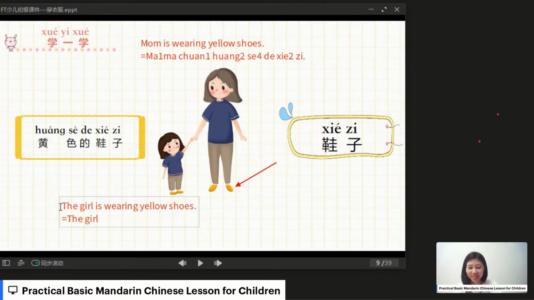Okay, keep making mistakes, sorry. So the girl 穿黄色的鞋子. 黄色的鞋子. Now I'm going to test you guys. How can we say the black shoes in Chinese? Anyone want to answer this one? The black, we just reviewed this, right? What we learned for the pants. So the black shoes, that would be